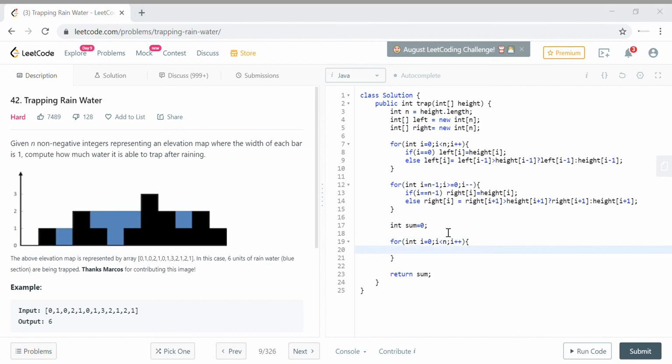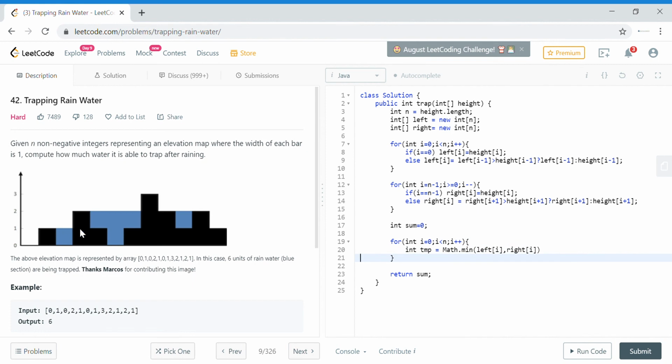Then we will take this temp variable. For this particular case, what is the height of water trapped here? It will be the minimum of the local maxima on the left and right, so math of min of left of i, comma, right of i.